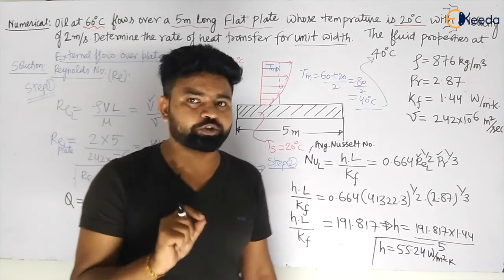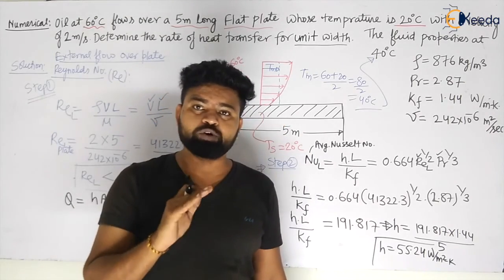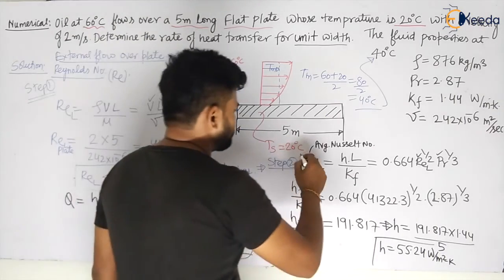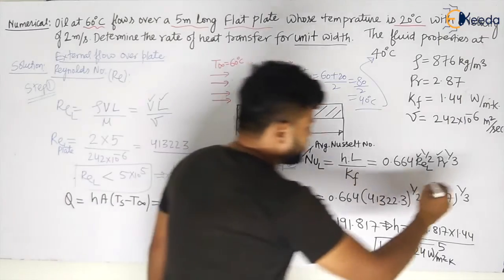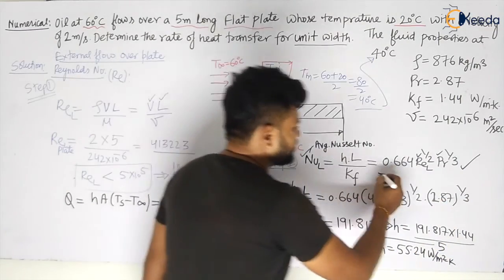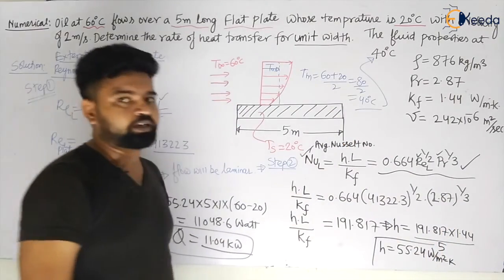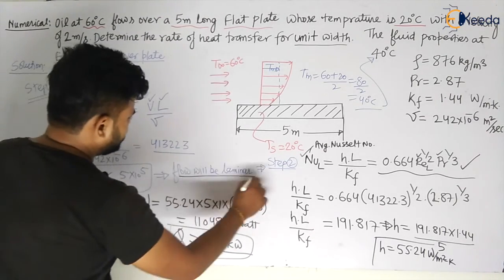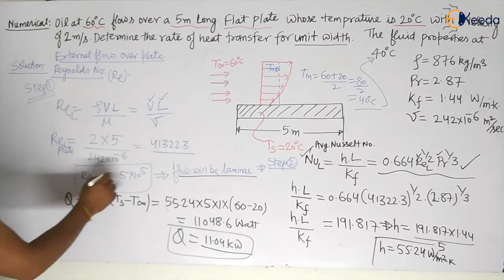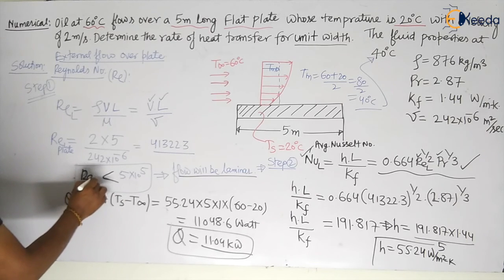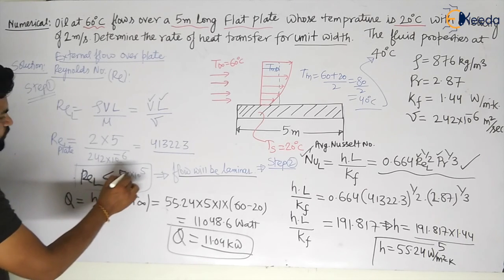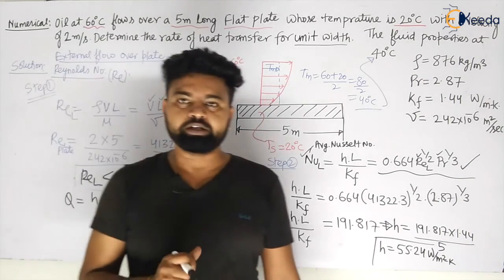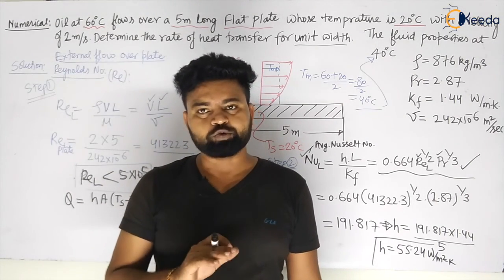So these kinds of questions will be asked, my dear students, and you have to be focused. First of all, you must know the Nusselt number. This equation he will give, but you have to remember this average Nusselt number equation for laminar flow, because what we have seen is that this is laminar flow, since the Reynolds number is less than 5 into 10 to the power 5. Okay. So thank you so much, my dear students.